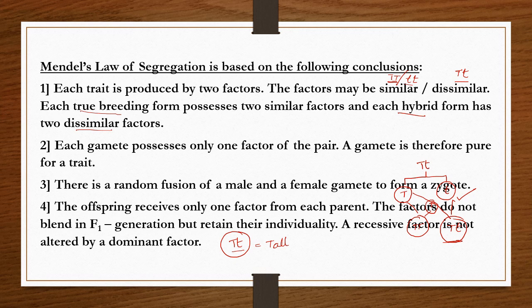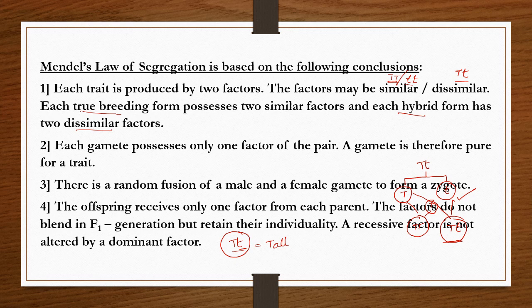The factor is not blended in the F1 generation. Here the factor, that means the gene, does not change. Both are present together, and this recessive gene is not altered, that means contaminated or mixed, by the dominant factor. They are present in a cell and they retain their individuality. Their character does not change. That is the reason why the recessive character repeats again